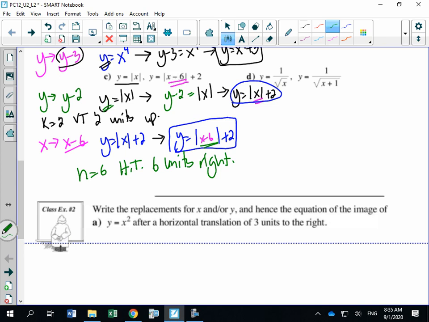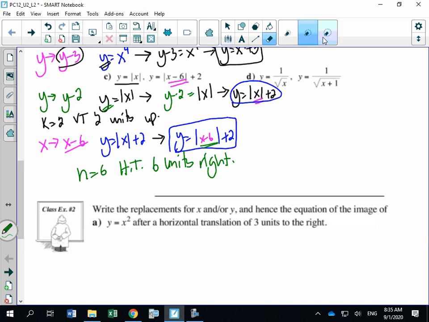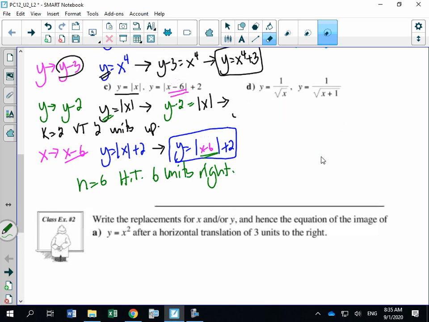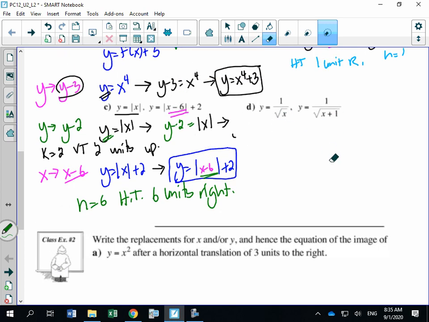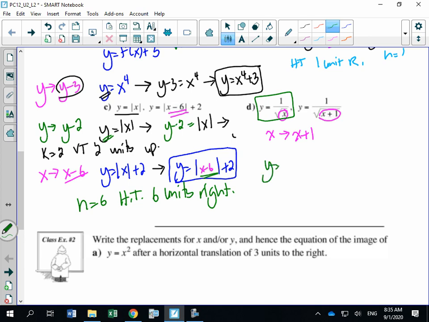Okay, our last function is d. So let's look at d. Y is equal to 1 over the square root of x. So I'm just going to erase this. Okay, so that's our function there. And what they've done is they've replaced the x with x plus 1. So they said take out your x and replace it with an x plus 1. So you write your original function, which is y is equal to 1 over the square root of x. And for my transformation, let's replace the x with x